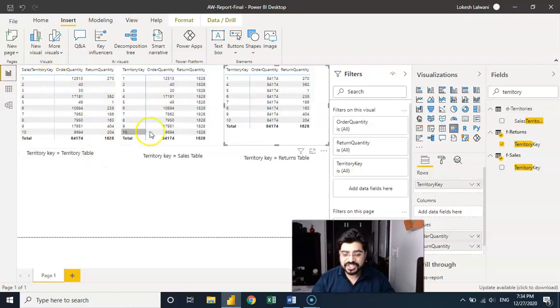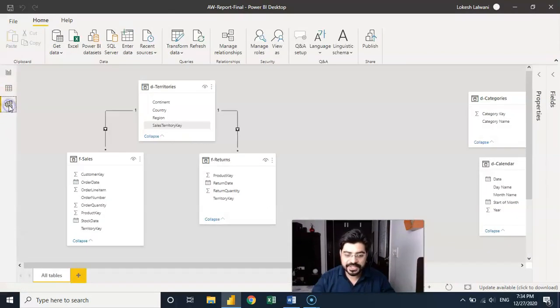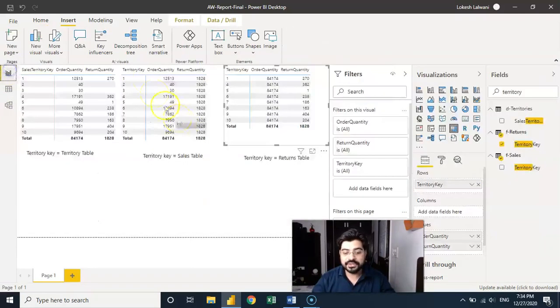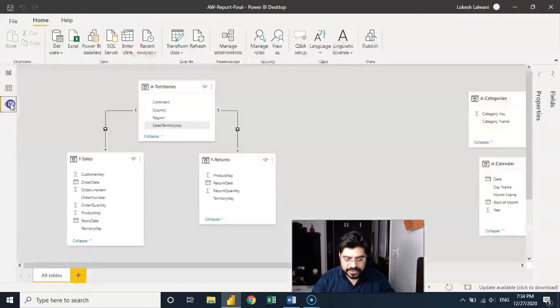But the moment I change the key, which is not coming from the territory table but from the sales table, you'll notice that the territory key which is in sales, I picked up in the second matrix. Okay, and over here you see order quantity is coming right. Why? Because territory key as well as order quantity both come from the same table. But the problem lies with the return quantity. Return quantity is coming from the returns table,